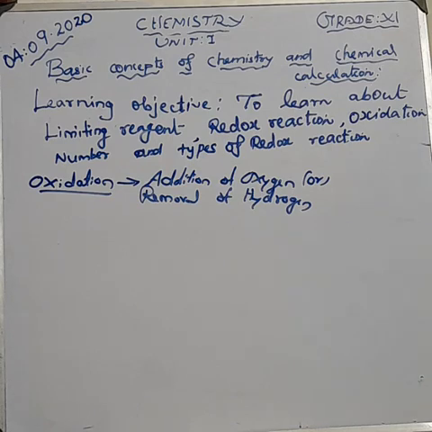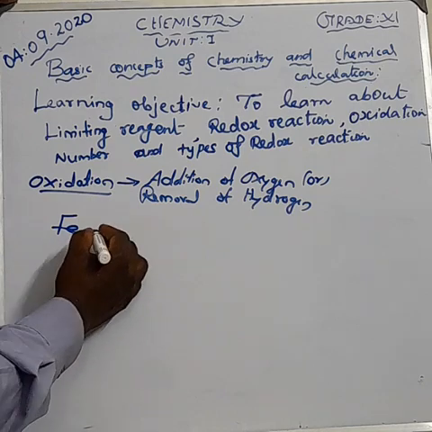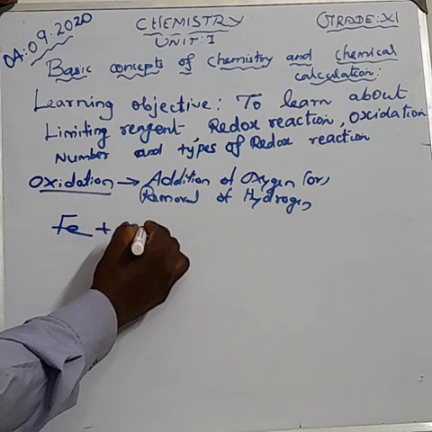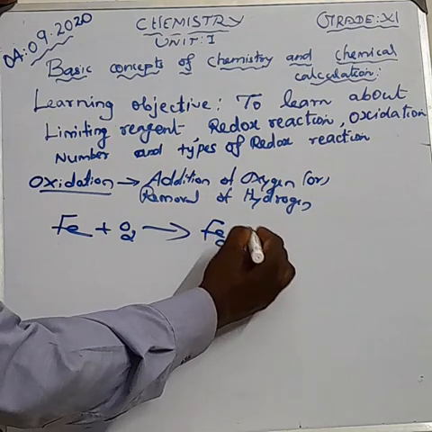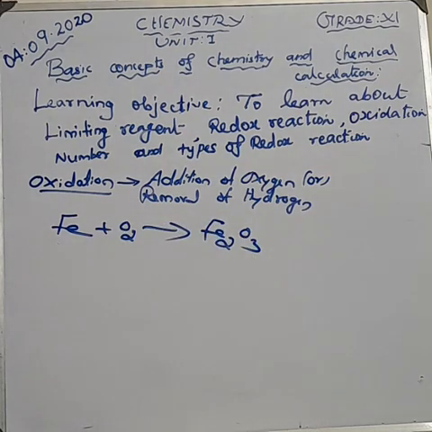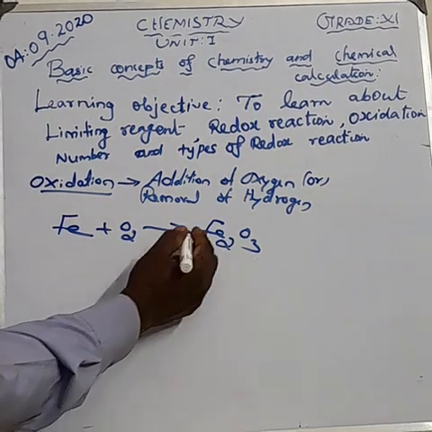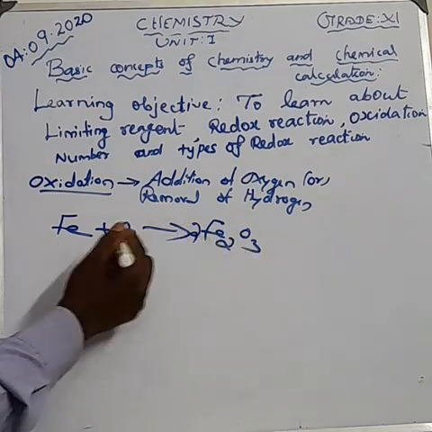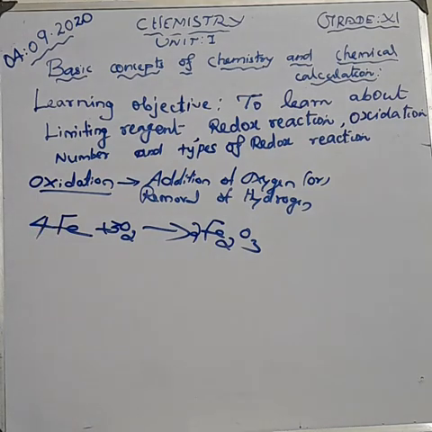Okay. Here we can explain it as per the equation. Iron. What is the formula for iron? Fe. Am I right? Fe reacts with O2. Can you see what is the product? Iron oxide, Fe2O3. Now we want to balance the equation. How can we balance the equation? 2 oxygen, 3 oxygen. So make it 2 here. Am I right? So 6 oxygen and also iron 4.